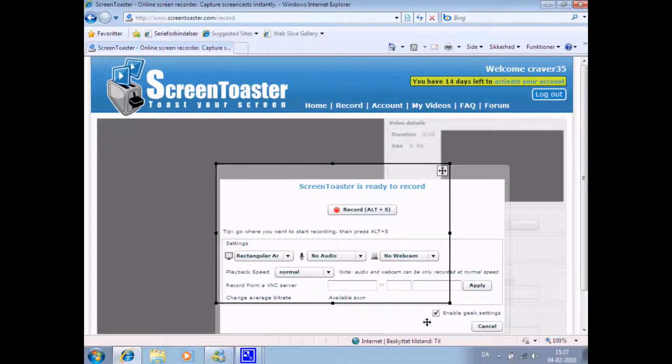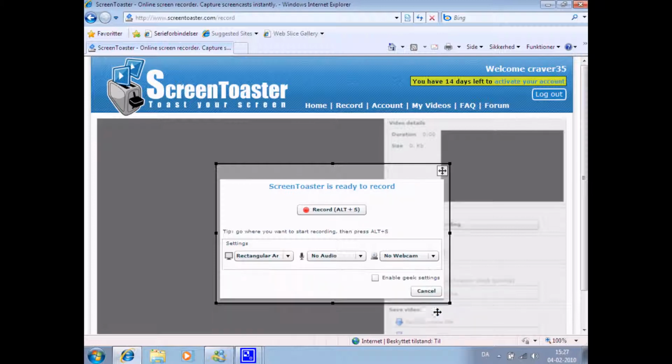I don't use these settings, but if you do, you can see record from a VNC server, and you can play back speed as normal or 10 and 0.5. But I don't use these settings, so I just record like I will do now.